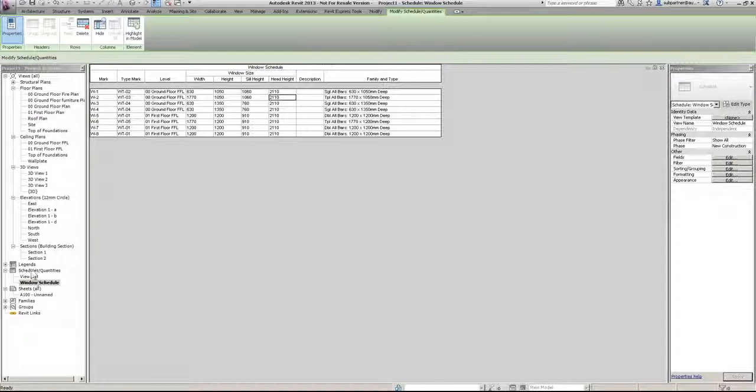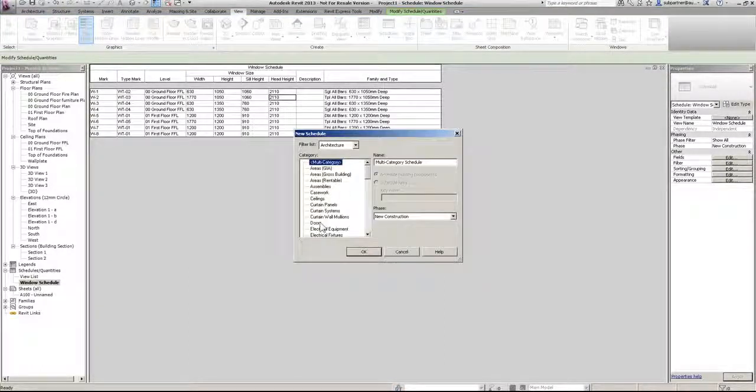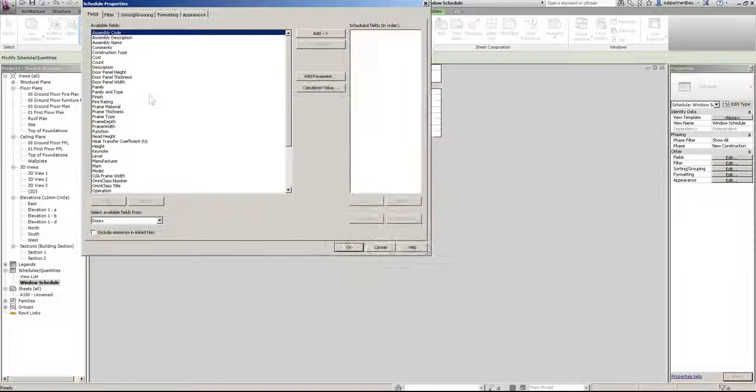Okay, let's create a quick door schedule, shall we? So I go to my View tab, then Schedules and Quantities, Doors. Done. And again, just like I did with my windows, I'm just going to